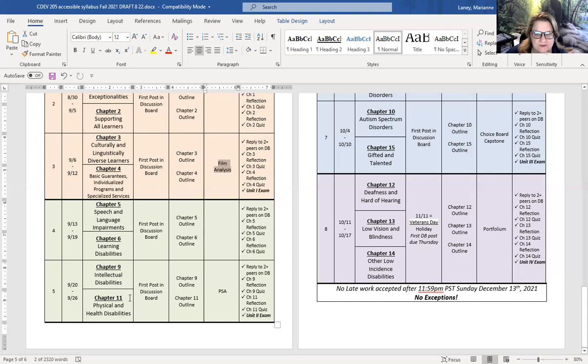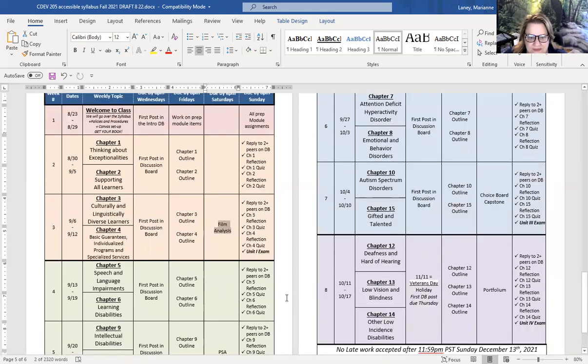And then the physical and health disabilities. You might have a child who was born missing fingers, right? And so that's more common for us. You might have a child in a wheelchair. That's a little bit more common for us. As we're learning, it's more comfortable to go with the stuff that's a little bit more common. Then at the end of every unit, you'll see right here, unit 1 exam, unit 2 exam, right?